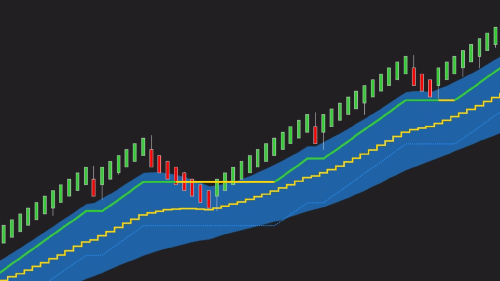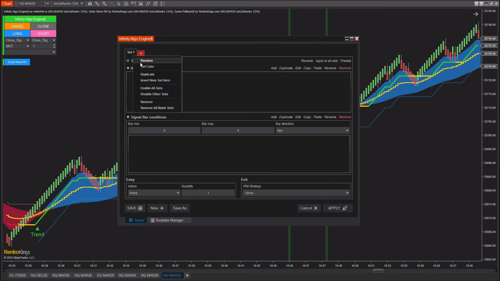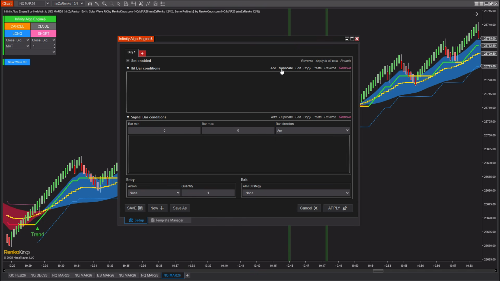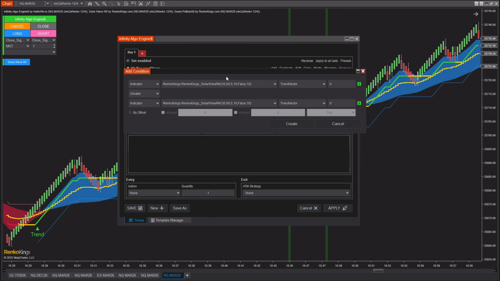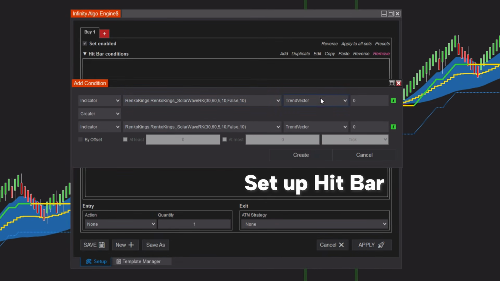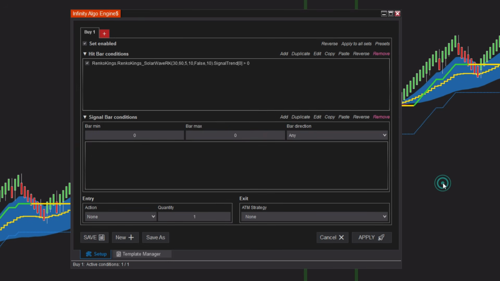Now let's move straight into the setup. The first condition for entering a trade is that both Sumo pullback and Solar Wave RK must indicate a bullish trend. However, at this stage, we only need to define the hit bar based on the trend from Solar Wave RK. The reason is that Sumo pullback signals are inherently trend following based on the trend it already defines. Therefore, instead of duplicating conditions, we simply add trend confirmation from Solar Wave RK to ensure the entire system is